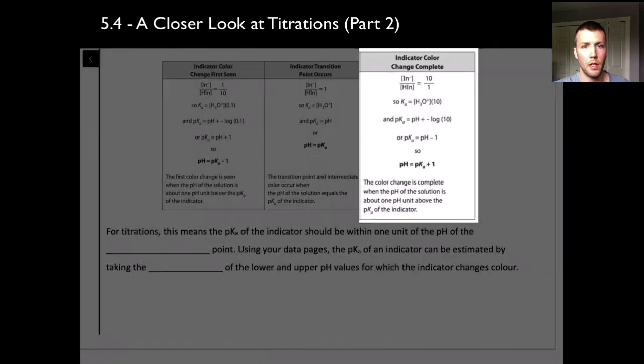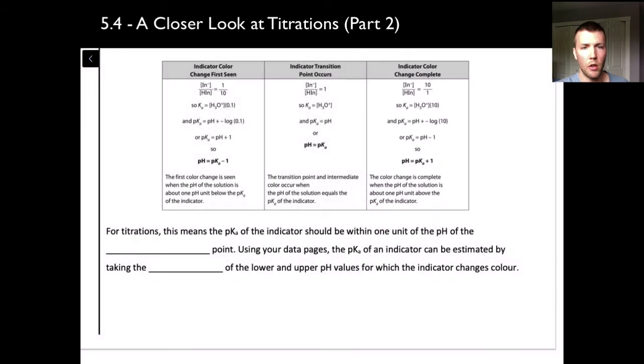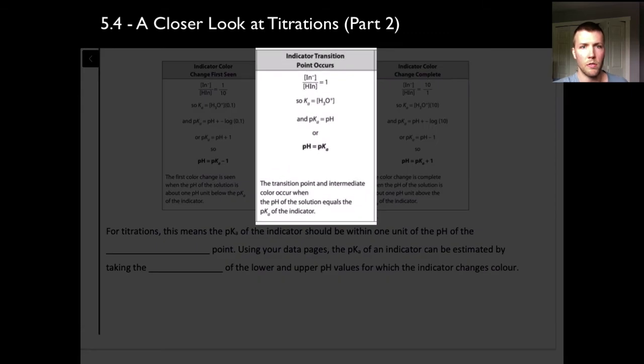Now everything in between, all those ratios between 0.1 and 10, there's going to be an observable color change that happens as the equilibrium shifts in response to acid or base. But right in the middle, when those concentrations of the conjugate base and acid for the indicator are equal, that ratio is 1, that means that the pH is equal to the pKa,